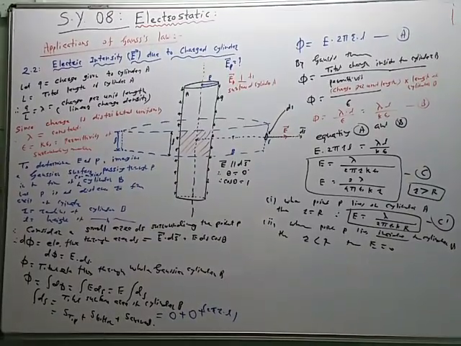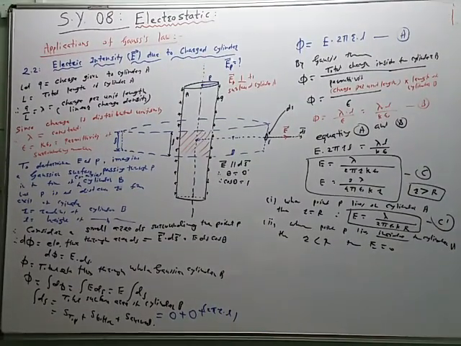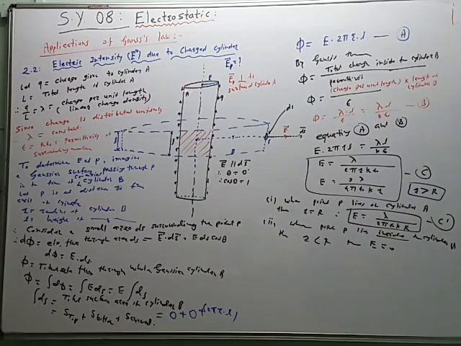So here we are to find the electric intensity due to a charged cylinder A. The cylinder is given a charge Q on total length L. So Q by L is the linear charge density of the cylinder A. We are to determine the electric intensity at point P outside the cylinder. So point P is taken at distance small r. Capital R is the radius of the curved surface of the cylinder A. Small r is the distance of the point P from the axis.